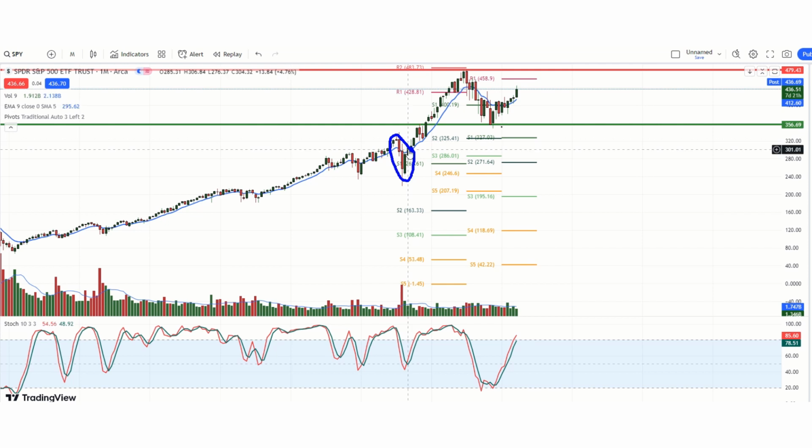Okay. Now we get up and above this area right here, and we hold support right there where my blue line is. We come back, we test with lighter volume, and then we get the engulfing, the buy signal right there, and it breaks out. And that was when? In November of 2020. Now we break out and we go up. Okay. Now we get another bull market here.